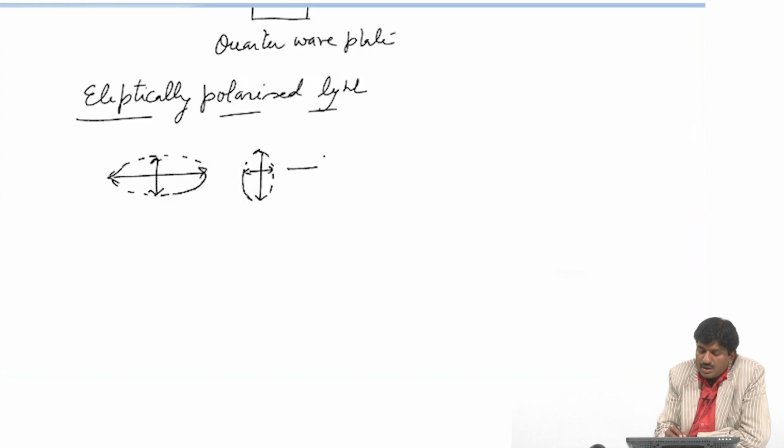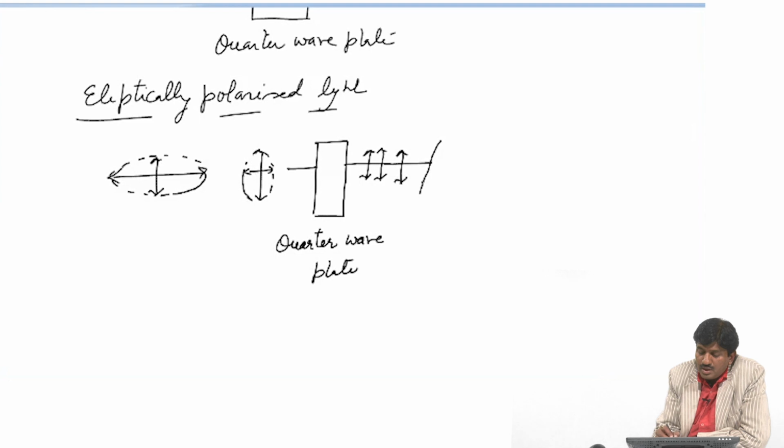If this elliptically polarized light passes through the quarter wave plate, it will be converted into plane polarized light, and if it passes through the Nicol prism,